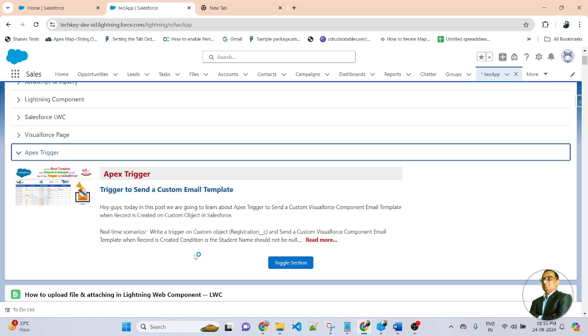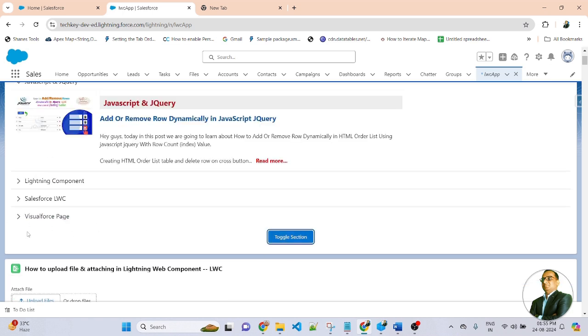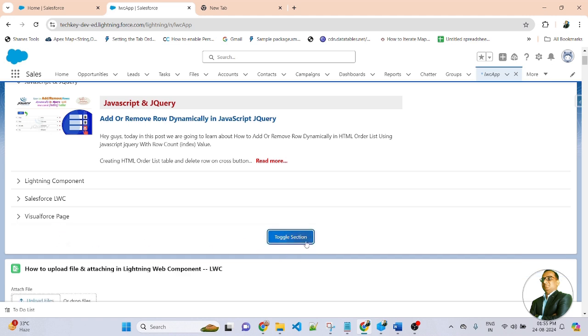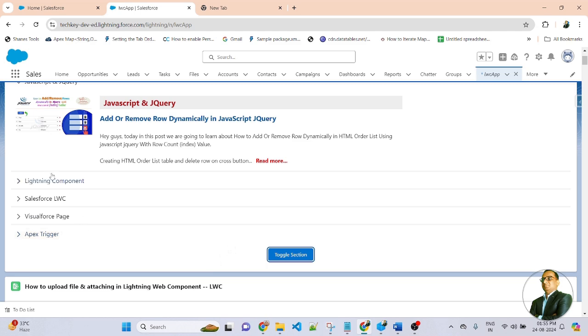So if you want to display more and more accordion sections on button click, you can use the button click function. If you click on here, it will be hidden. So here you can see the effect: the trigger section automatically hides once clicked. So it is a toggle section. We can show and hide more accordion sections by using the click function button here.